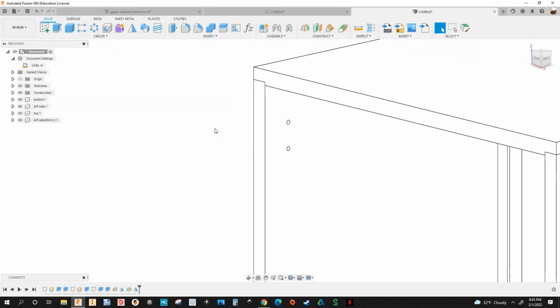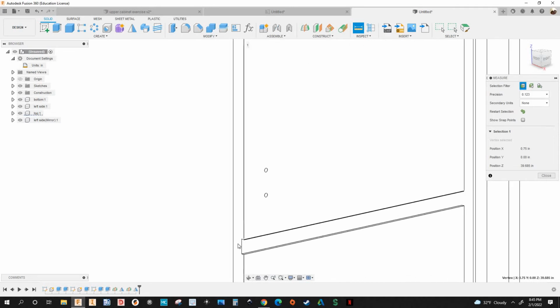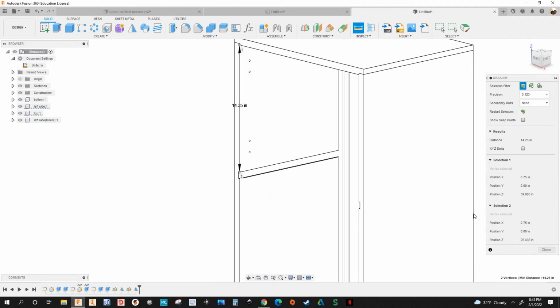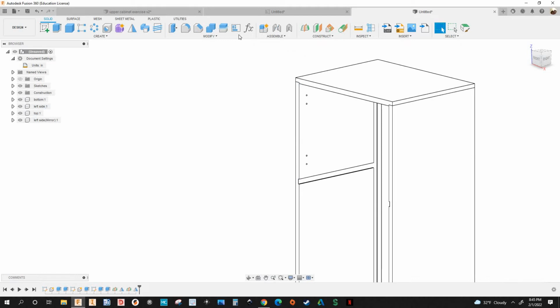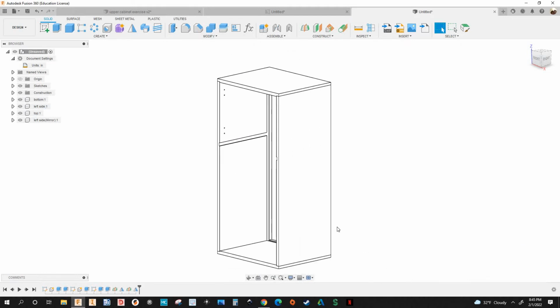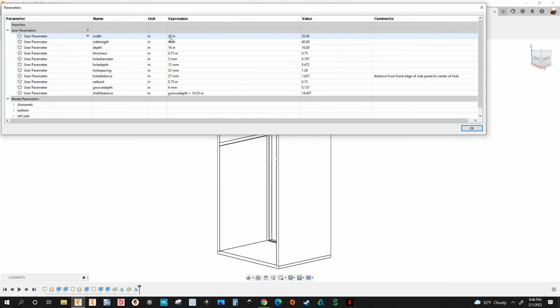So I'm gonna hit I on my keyboard to measure. I'll select that point and that point there, and that is the distance right here. Under results, I got 14 1/4. All right. I'm gonna close that. Okay, so this looks good so far. All right, so I'm gonna change the width back to 28 inches